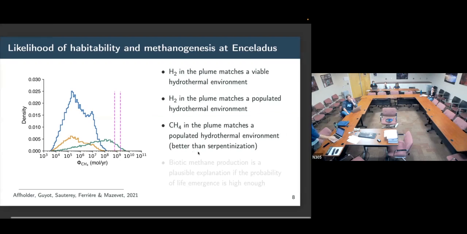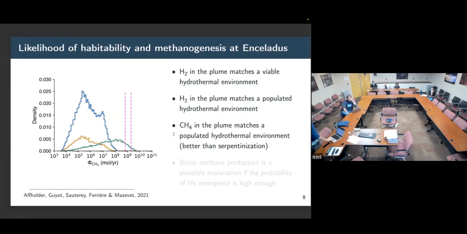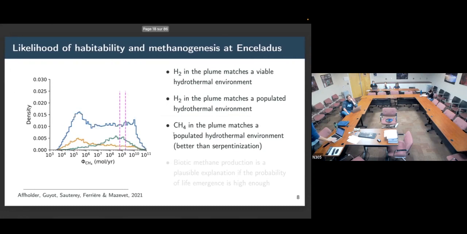Well, let's entertain the idea that there might be another source of methane, but this source is also putting methane in the hydrothermal fluid, not elsewhere in the ocean, just in the hydrothermal fluid. Maybe that could be pyrolysis of primordial organic matter in the core. We just don't know. But let's assume that arbitrarily there can be more methane. Now we are facing an ambiguous situation where both the abiotic and the biotic scenarios are able to explain the observations.